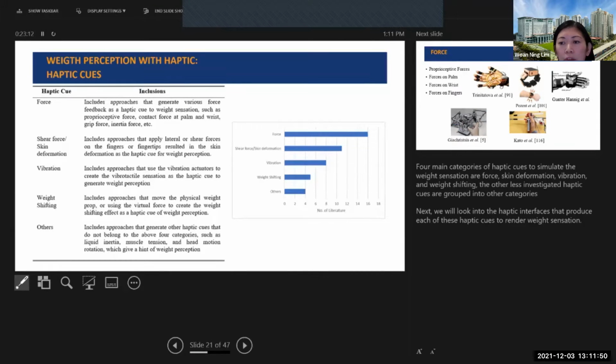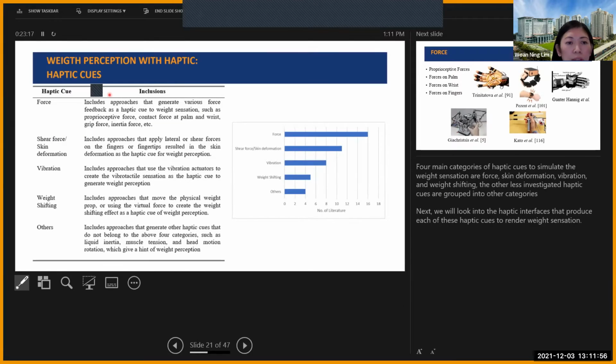There are 5 main categories of haptic cues used to simulate weight perceptions, as stipulated here: force, shear force, which is skin deformation, vibrations, weight shifting, or others. Later in the discussion, we are going to look into the technologies that the researchers built, arranged in these 5 haptic cue categories. You can see that force is the highest, with the most research, compared to shear, which comes next, and then vibrations, weight shifting, and the others.